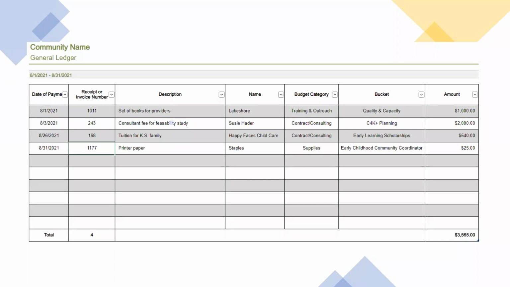Here is what the template I built looks like in action for the general ledger. It's extremely simple and easy to input expenses, and I'm happy to provide a copy to anyone who would find it useful. There are also templates on Excel that you can look at that would also work just fine.